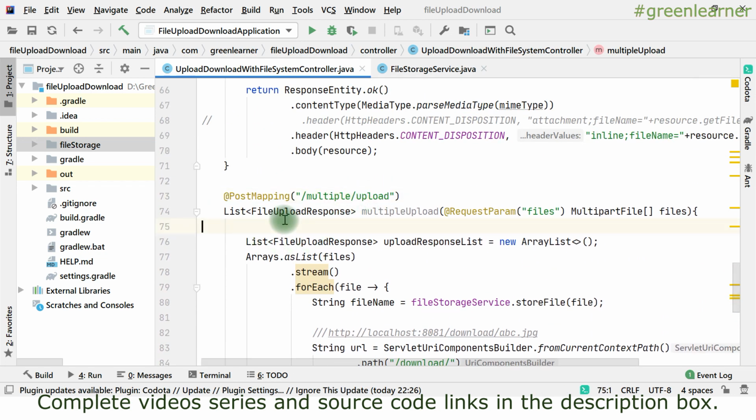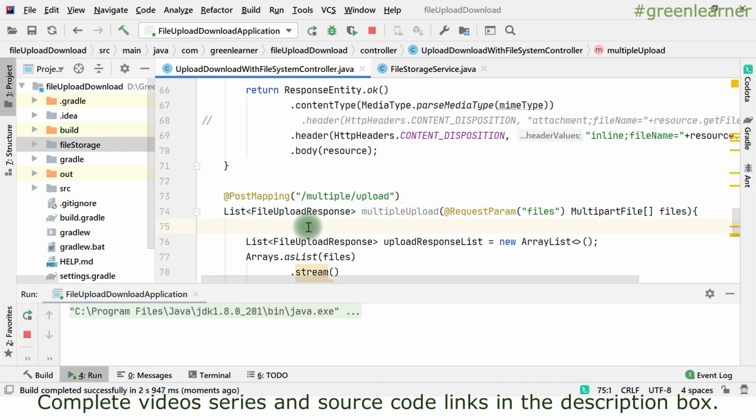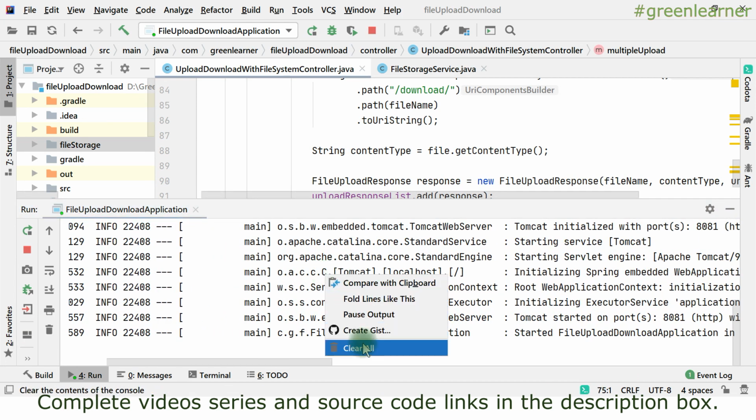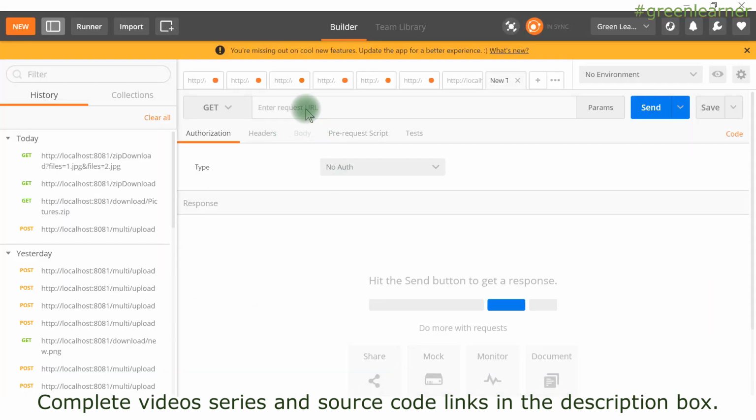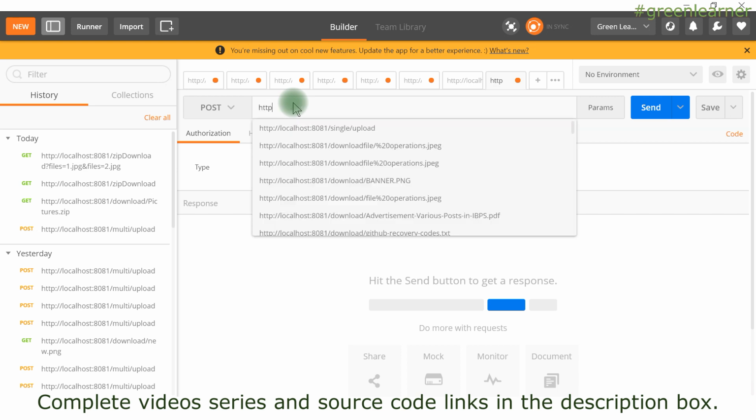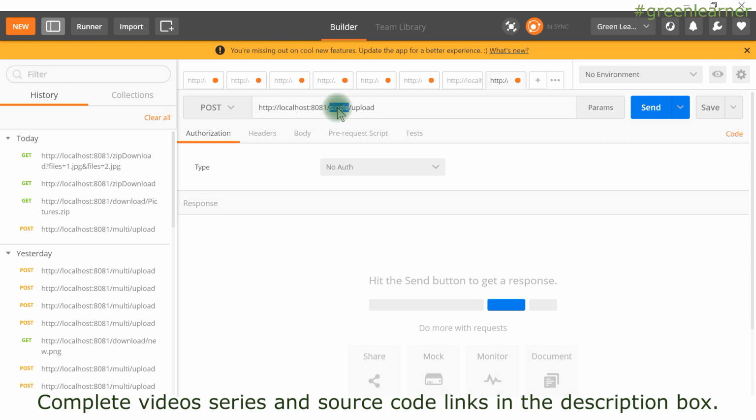That's it, right? If you want to see it running before doing any further coding, let's start the server and see this in action. Here our server is running now. Go to Postman. This request is a POST, right? So http localhost 8081. It is not the single upload but the multiple upload.